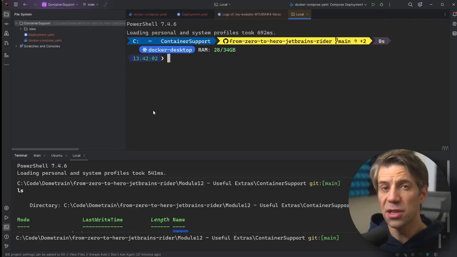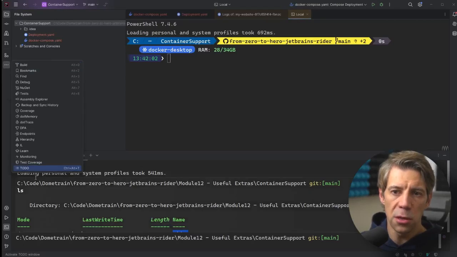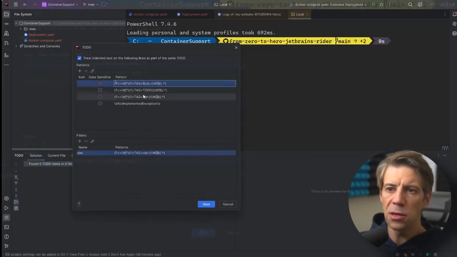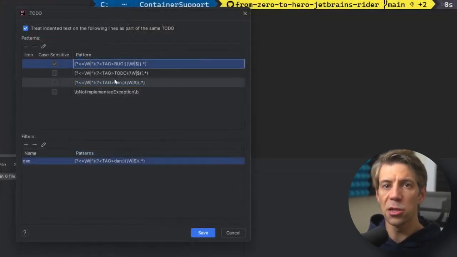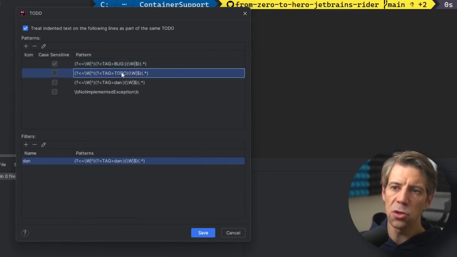So I did already show this in the Git module, but Rider does have a concept of to-dos. So we've got the to-do window, Control Alt T, and you can set up custom ones. If I go to edit filters here, then you can customize what you want treated as a to-do in your code. Out of the box, we've got bug and to-do, and I've created one called done